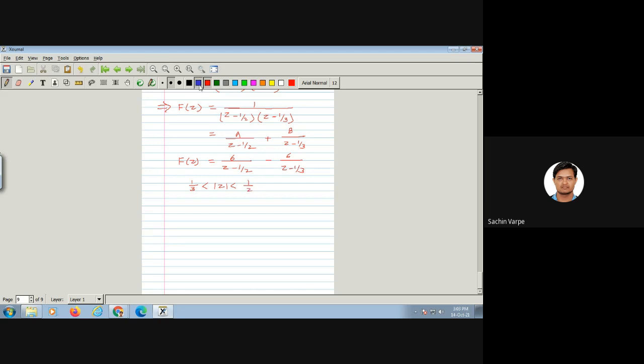If I look at the left part of the inequality, I will get mod z greater than 1/3. So what is less than 1 from this? That will be 1/3z less than 1. Is this point clear? And from the right of the inequality, I can write mod z less than half. So what is less than 1 then? Mod of 2z, no? I'll have to multiply both sides by 2, no? So mod of 2z less than 1.